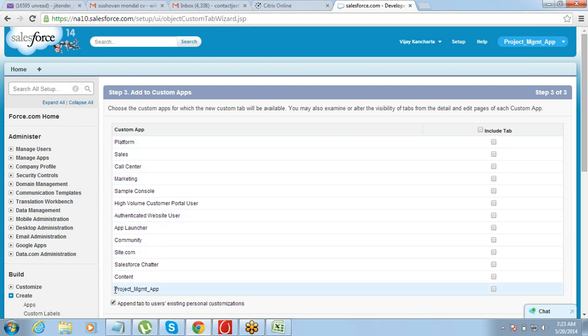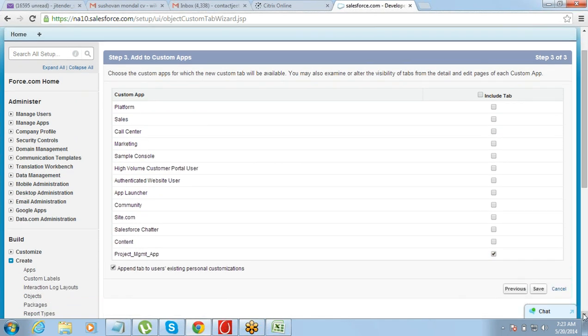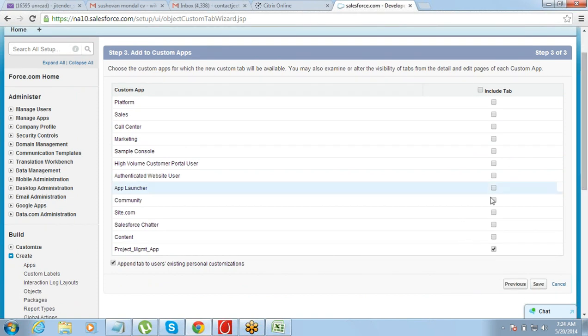I just want it under my project management app. Project management app is the one that I created. I'll make it visible only under this, right? So as I told you earlier that a tab can be included in multiple apps. You have the option of including it in all the apps, but completely depends on you in which app you want to include this tab. I just want it in project management.